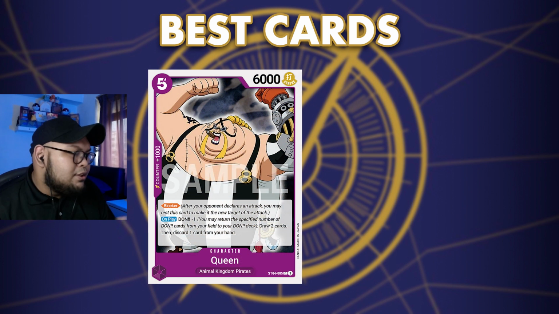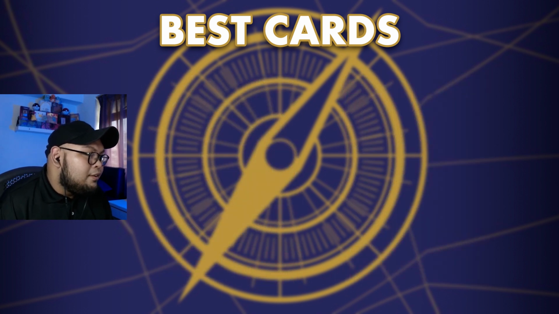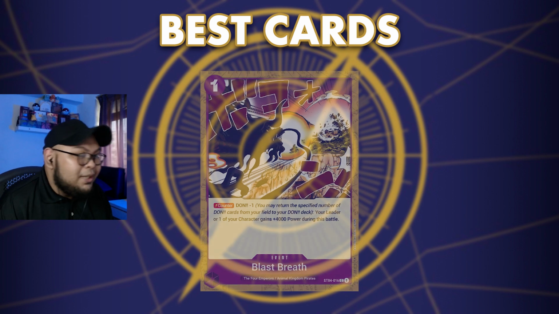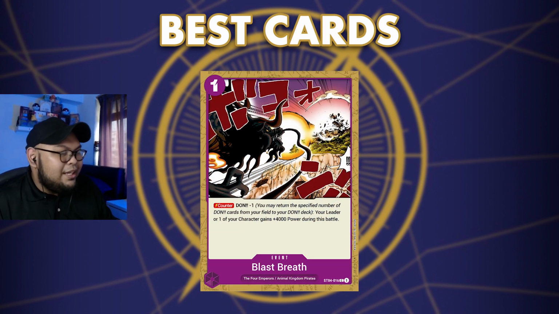And of course, there are a lot of good cards in the Kaido deck. I think Queen is good, I think Ulti is good if you have page 1 in your hand. But let's just put the last card that I really like, which is Blast Breath. Blast Breath is, to me, one of the strongest counters in the game as of right now, besides the blue one that we've seen. Blast Breath is a 1 cost counter, Don -1, and for this battle, your leader or character